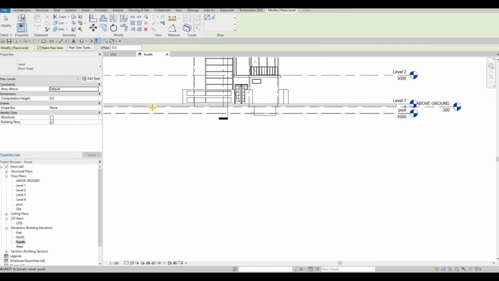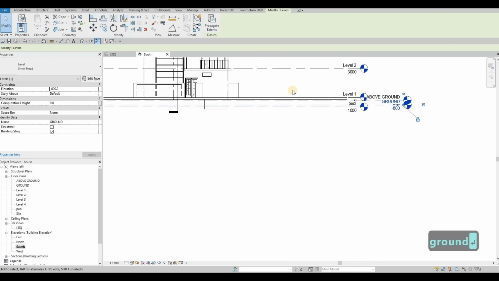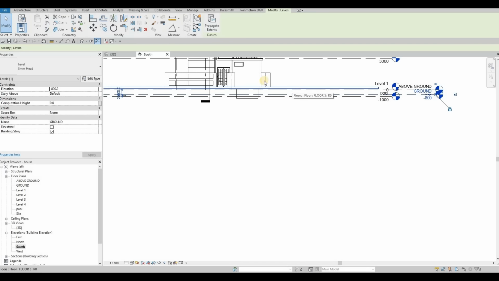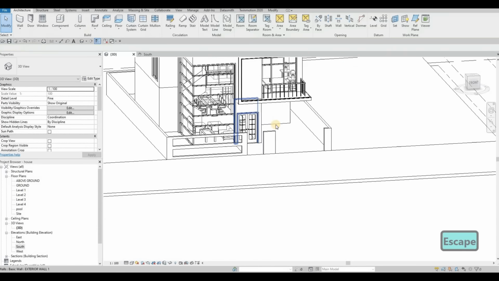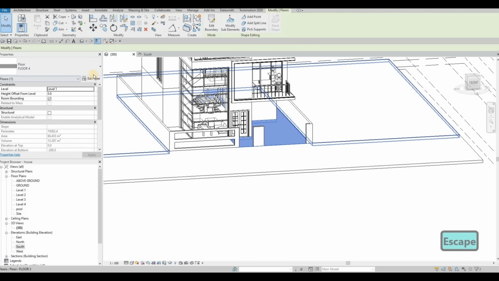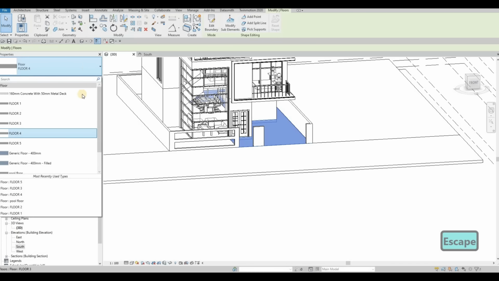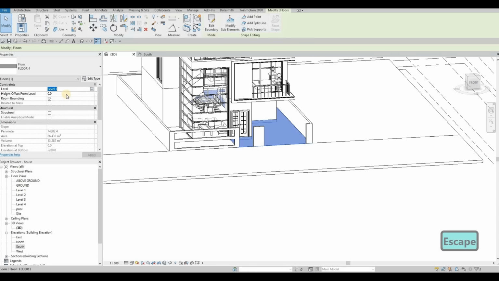And this is where we're gonna put in all the street. So if we go here, this one should be above ground. So we're gonna put the level to above ground right here. And then we're going to add in, actually we're going to add in